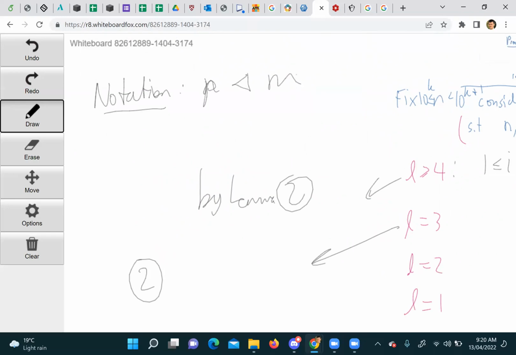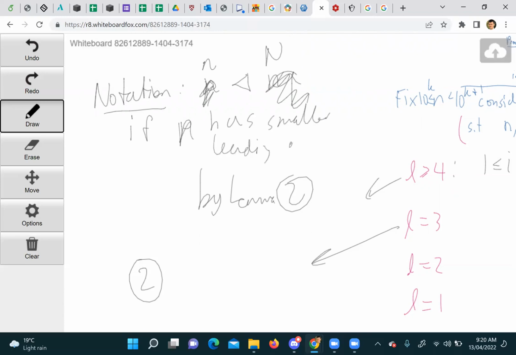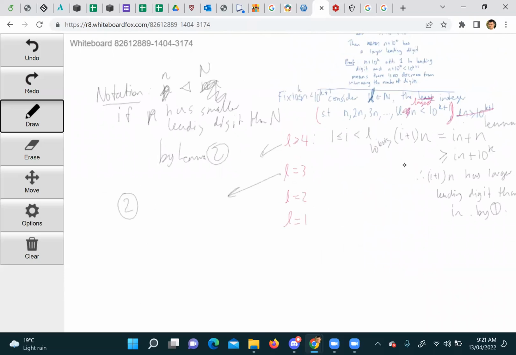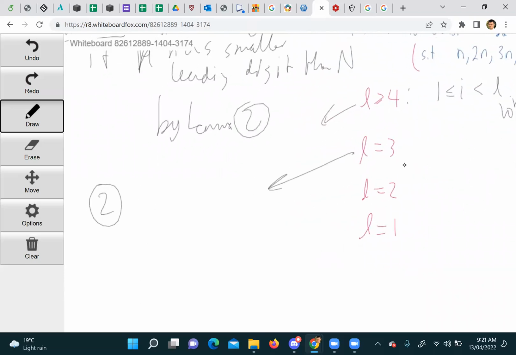Or p triangle q, right? If capital N has smaller leading digit than n, right? And we get,